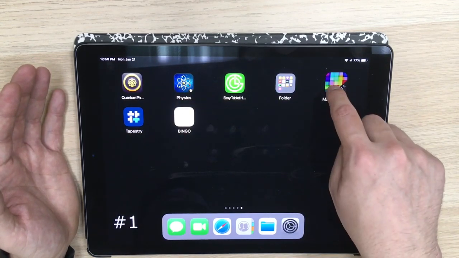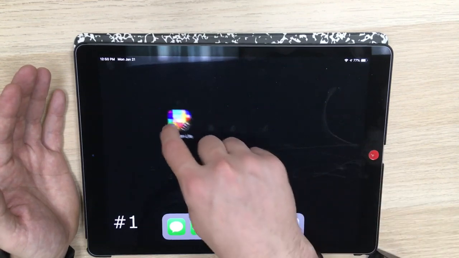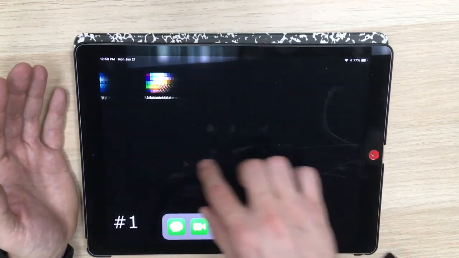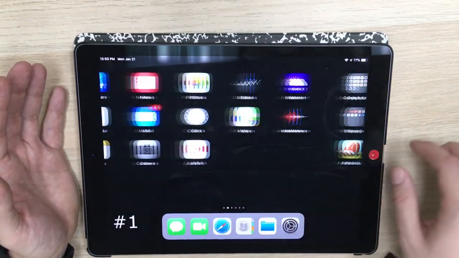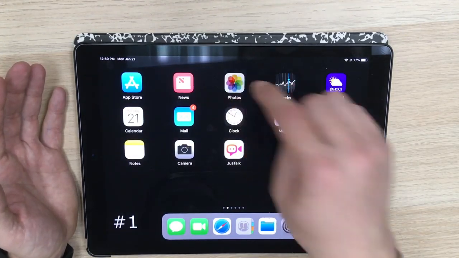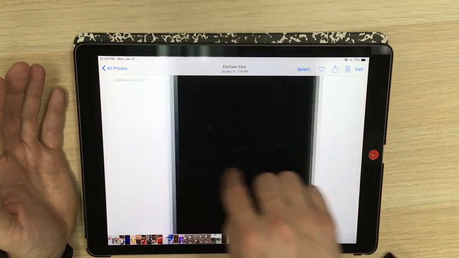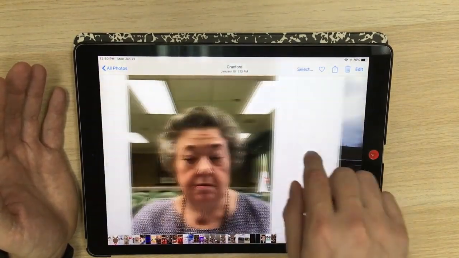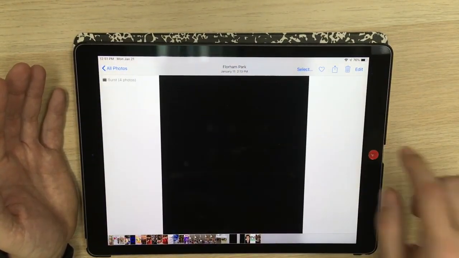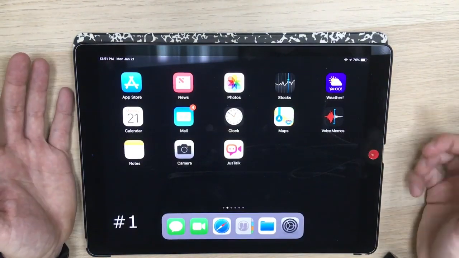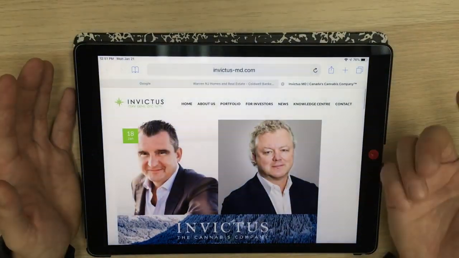Oh, let's see if we can do this. There we go. A whole page just for that app. Now, the main thing is stuff like your photos. If you open your photos, you're going to want to swipe from left to right to see all your pictures and all your stuff. Now, when it comes to the internet, for example, if you go to Safari and you